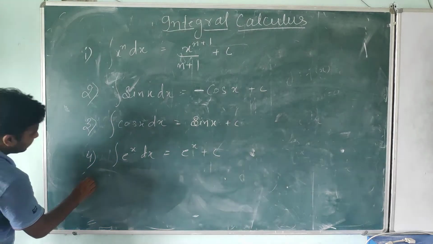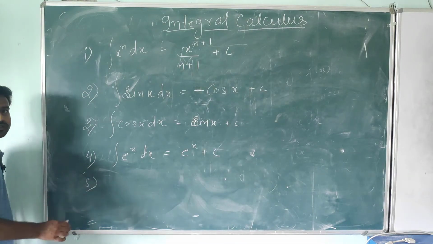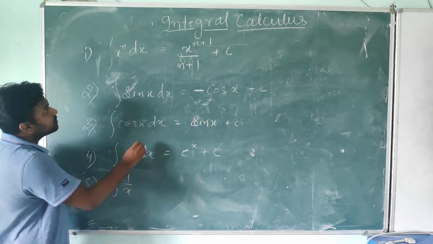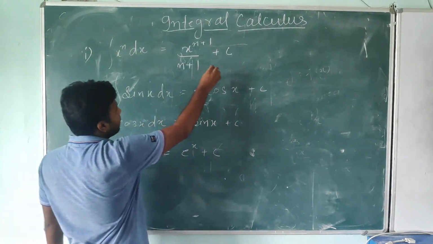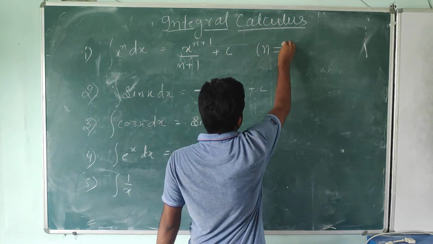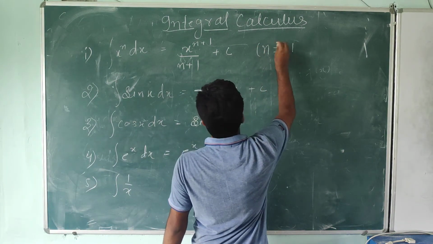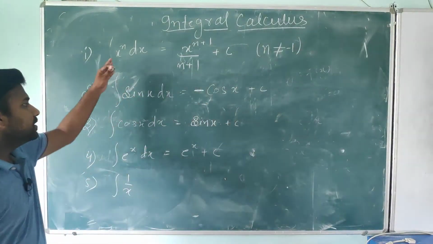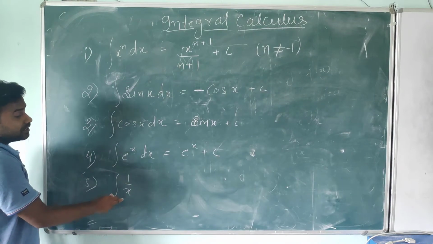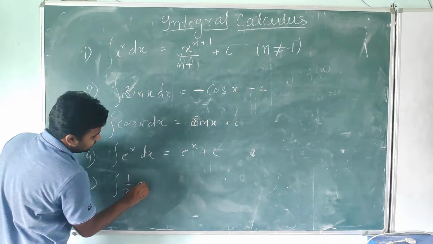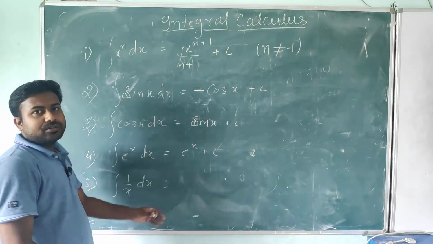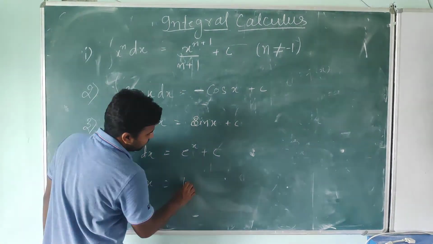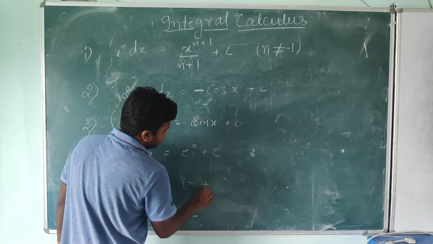Here I am writing the fifth one also. I think it's visible. I don't know if it is visible or not. So integration of 1 by x. Okay, student, here it is written x to the power n, but here n is not equal to minus 1. This is the case where n is equal to minus 1, is it or not? dx equals, we all know the differentiation of ln x is 1 by x. So here what will you get? ln x, just the opposite, student.